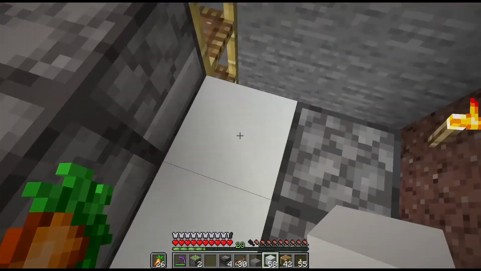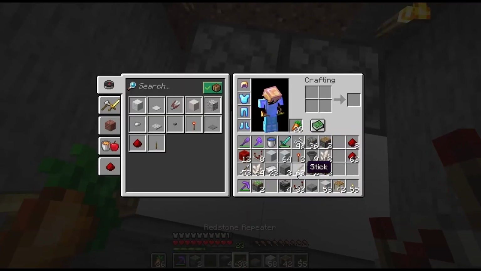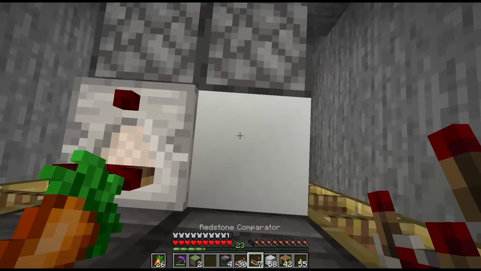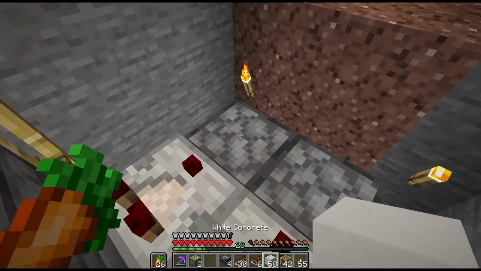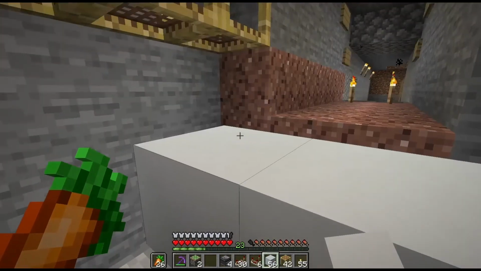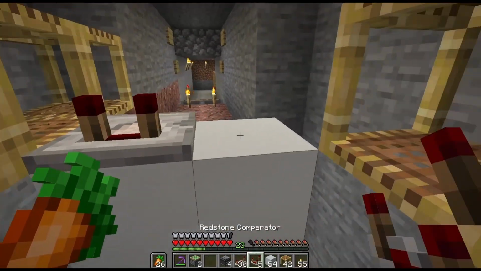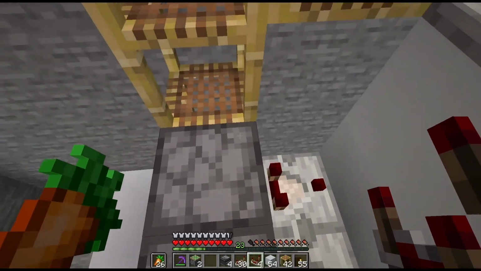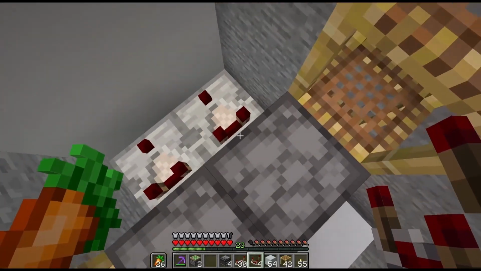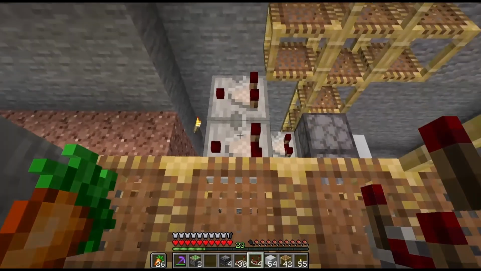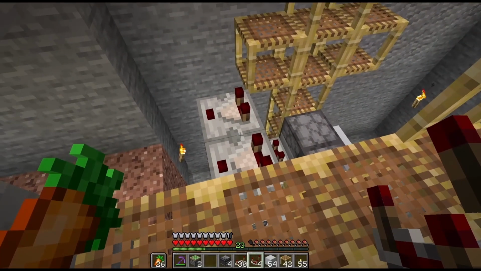So we need comparators coming out of this into blocks, blocks on top of that, another set of comparators. So that's going to detect when there's items in there, and it's going to activate the clock. So that's that part. Now this part, these comparators are going to be attached to